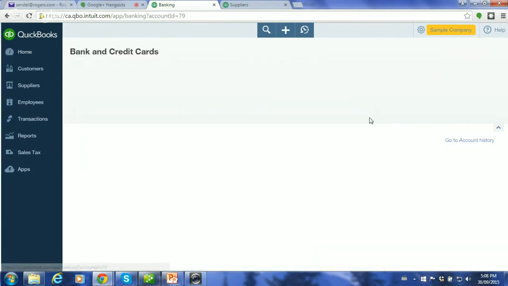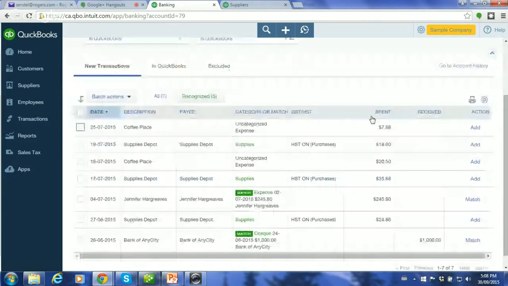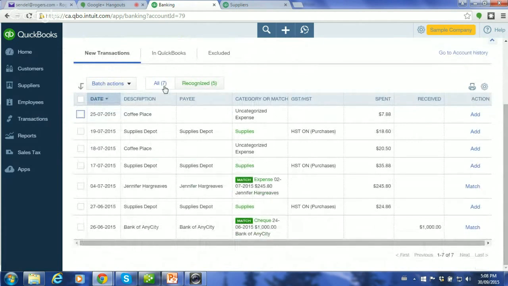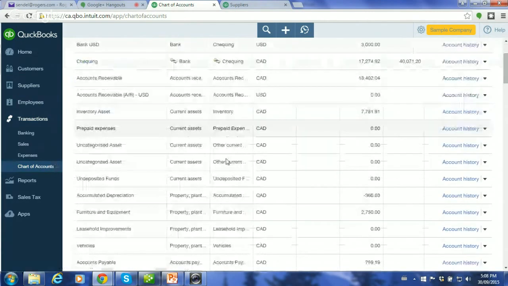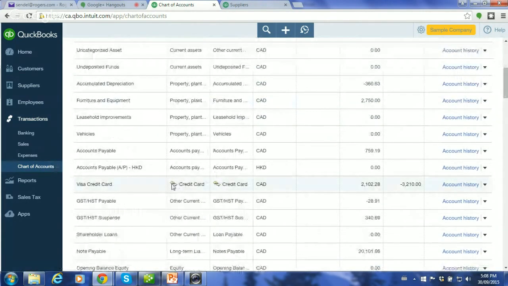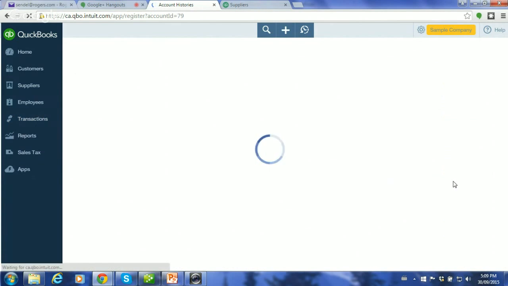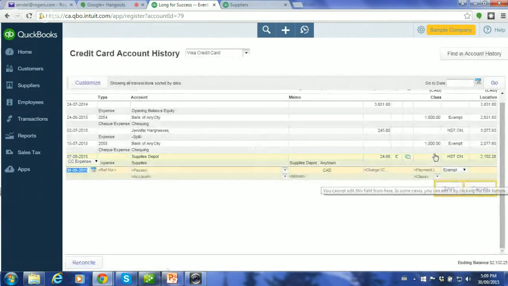So in this case, we have a credit card that is linked, and this is information that has not been processed into the account yet. So if we go back to the chart of accounts, and we go into the credit card, designated by attachment, we can find it real quick because we've got the arrows pointing back and forth. We're going to go into the account history. And there'd be perhaps a lot more transactions in your business. This is just a sample company. So I think the question is referencing this.